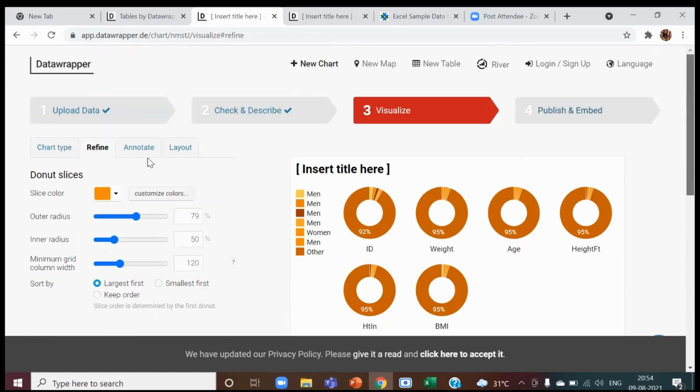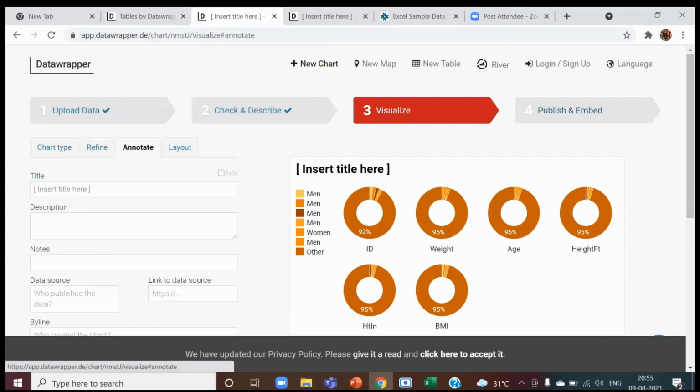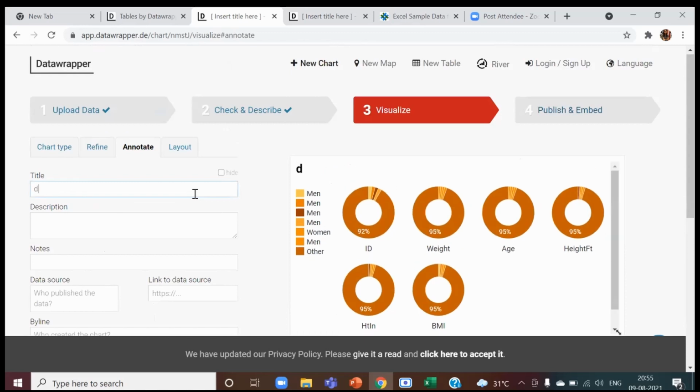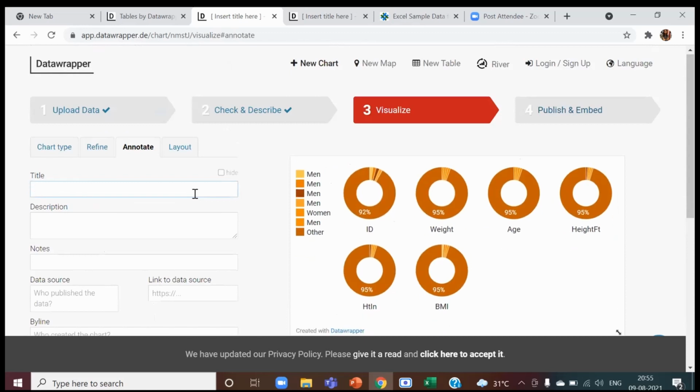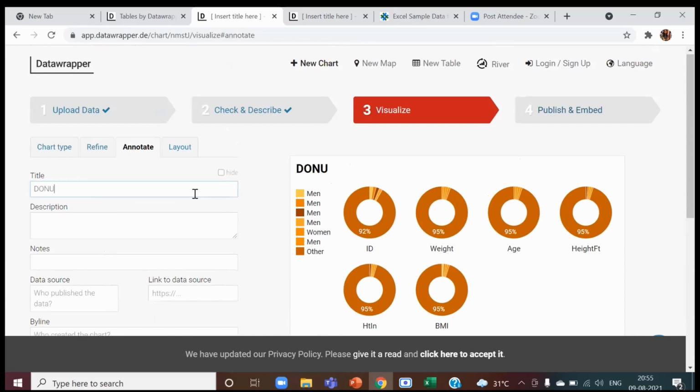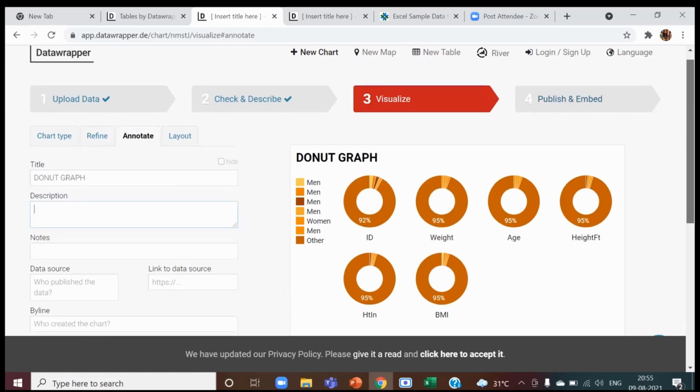Moving ahead, annotate is whatever title or description we want to put over here, we can add by changing the title as per our requirement. We can even add a description and the notes.